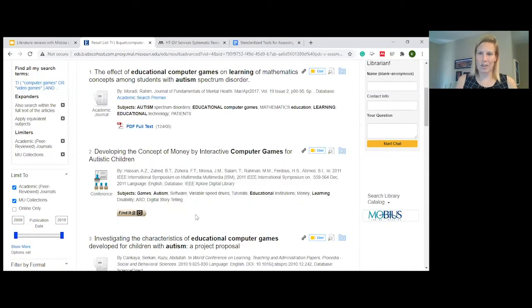And so they make theirs look prettier, so we click on it more and then their statistics go up and hopefully MU buys more stuff from them. That's really what it is. So just because you see this Find It at MU button does not mean you don't have access. If you click it, you're going to be directed one of two places. It could be where MU's access is if we also buy materials from that vendor.